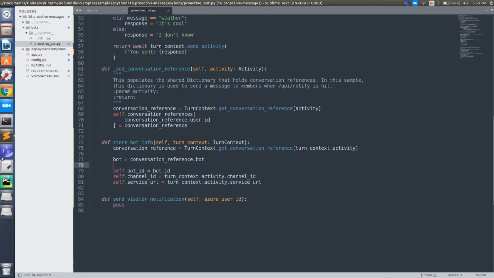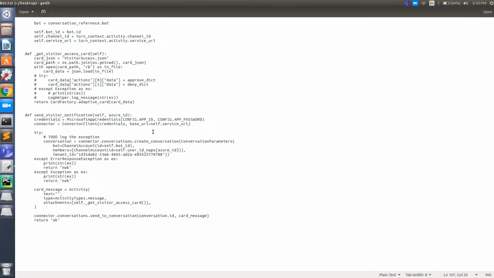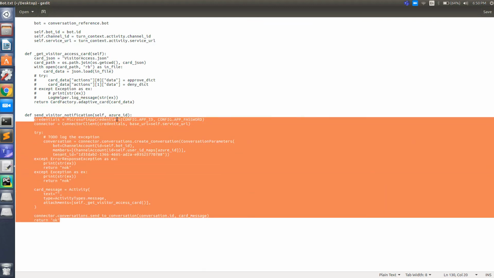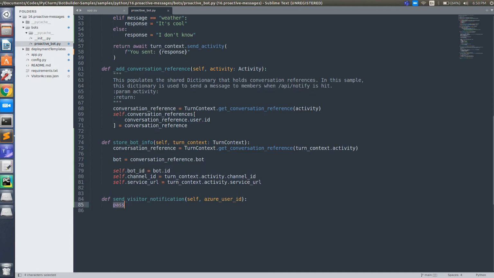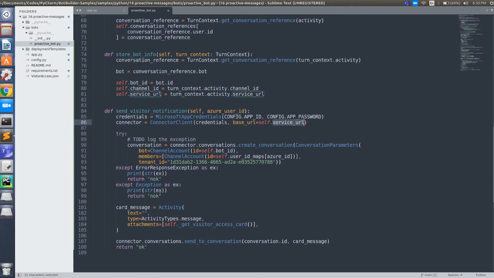I'm going to paste some more code because I don't remember it. What we are doing in this code: we are creating a credentials object using the app ID and password, then creating the connector using the service URL we stored previously, and then creating this conversation object.